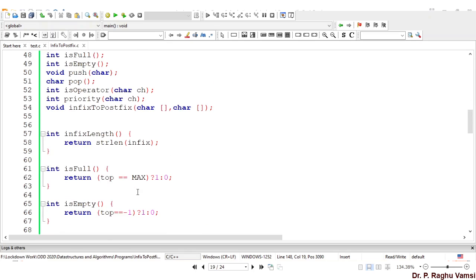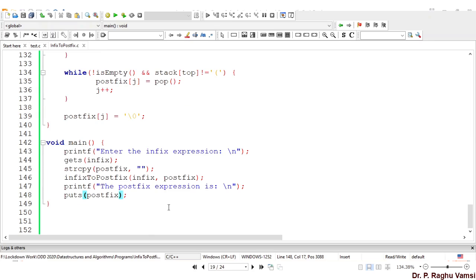So this is the end of converting the infix to the postfix expression. Try in the same way for the infix to prefix expression conversion. You go for the algorithm of converting the infix to the prefix expression and do the modifications in the same program. A little bit of modification is required to do the conversion. In the next video, we'll come up with the evaluation of the postfix expression.